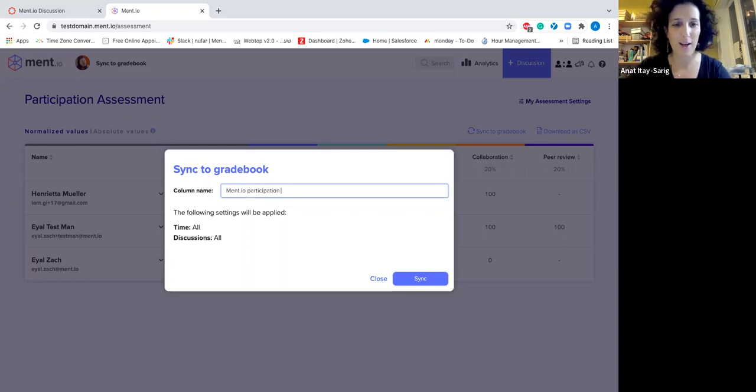Participation, sorry. Okay, and as you can see, I also have the definitions here of the assessment settings that I've decided upon, that I customized. In this case, I left everything as is, which is all discussions on this team, including all periods of time for these discussions. So now that I synced